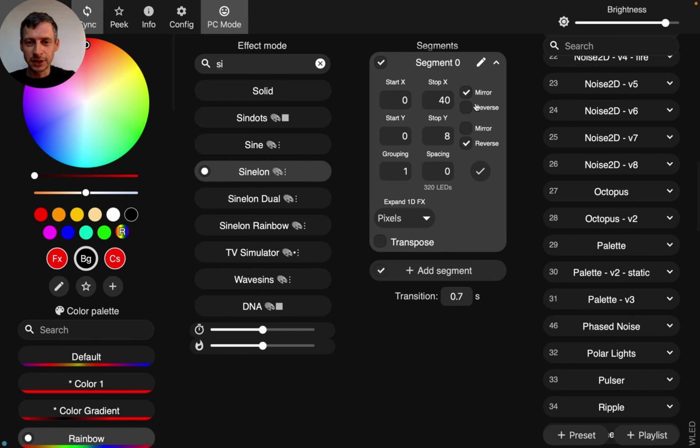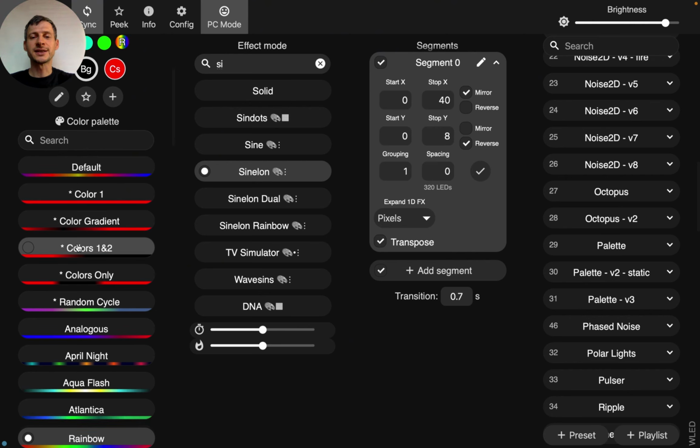When you set up your segment options, for example, transpose mode and other options, and all these settings that you see on this control panel, color options, palettes that you already set up for your current animation, for example Cinnalon, and your adjustments of sliders like effect, speed, trail, and etc. All these current settings, all this current state, you can save to presets